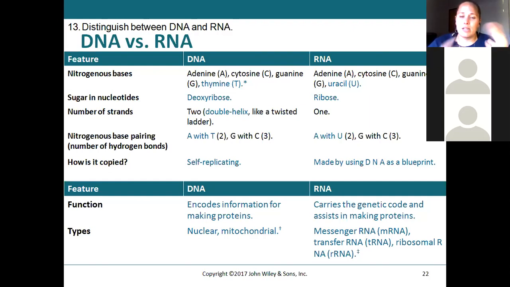Number of strands: DNA is 2, RNA is 1. Nitrogenous bases: again, we talked about A with T, G with C for DNA, and A with U, G with C for RNA. How is it copied? DNA copies itself, and RNA requires DNA as a blueprint. Again, DNA is always the basic structure, the basic blueprint that all other